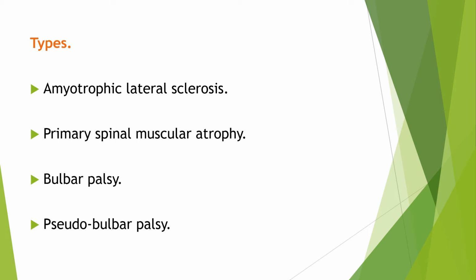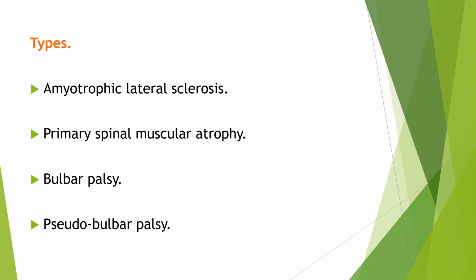The bulbar palsy is another variant of motor neuron disease. In bulbar palsy, there is a pure lower motor neuron type of lesion, and there is absent or decreased jaw jerk. Similarly, gag reflex will be absent or decreased, and obviously power of the bulbar muscles would be decreased.